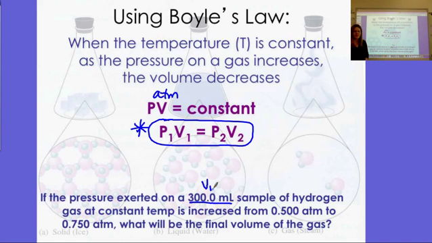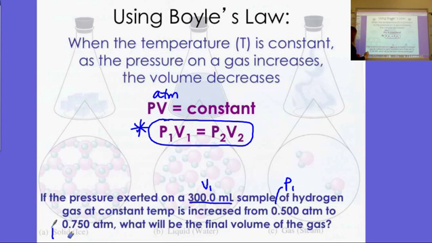I'm going to label that V1. If the pressure is increased from 0.5 atm, that would be my first pressure, to 0.750 atm, that's my final pressure,